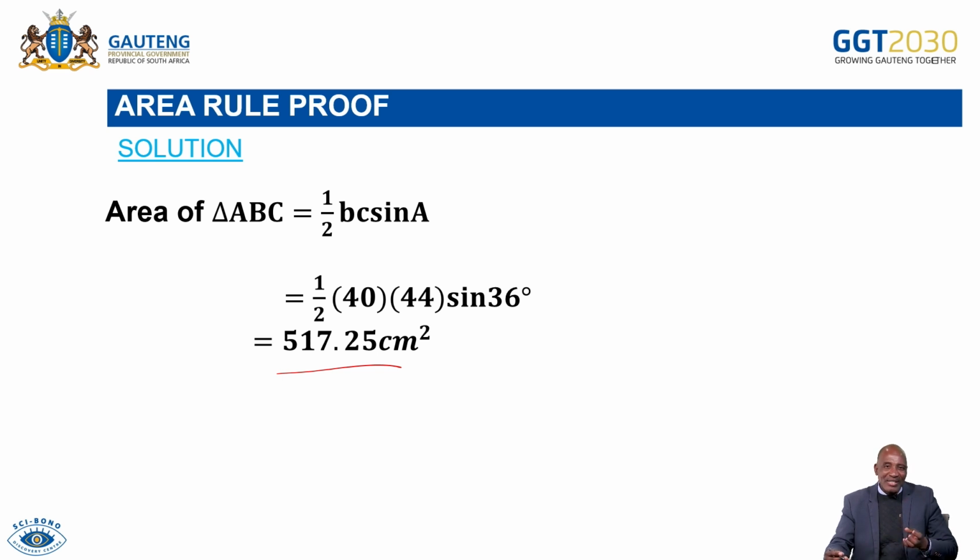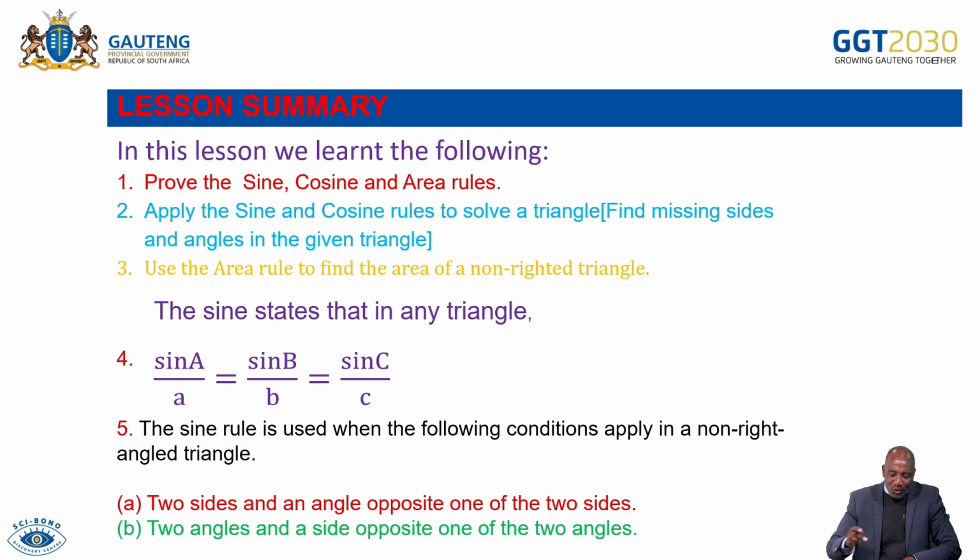So our focus for this lesson was to have a look at how we prove the sine rule, how we prove the cosine rule, and how we prove the area rule. These three shall be needed when we engage on diagrams that will involve triangles, finding missing sides, finding missing angles, as well as the area of those shapes. Otherwise, the whole idea left for you now is to go and practice and practice. In our next session, we'll have a look at how we apply these rules to answer typical examination types of questions. Otherwise, my focus for today was to take you through how you prove the sine rule, how you prove the cosine rule,